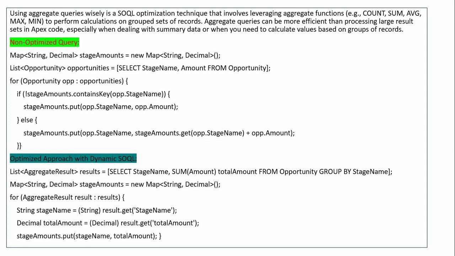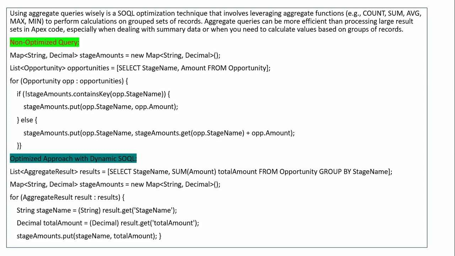Map<String, Decimal> stageAmounts = new Map<String, Decimal>(); List<Opportunity> opportunities = [SELECT StageName, Amount FROM Opportunity]; for (Opportunity opp : opportunities) { if (stageAmounts.containsKey(opp.StageName)) { stageAmounts.put(opp.StageName, stageAmounts.get(opp.StageName) + opp.Amount); } else { stageAmounts.put(opp.StageName, opp.Amount); } }